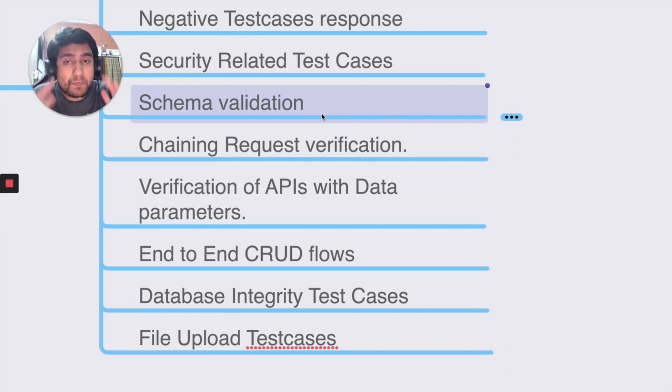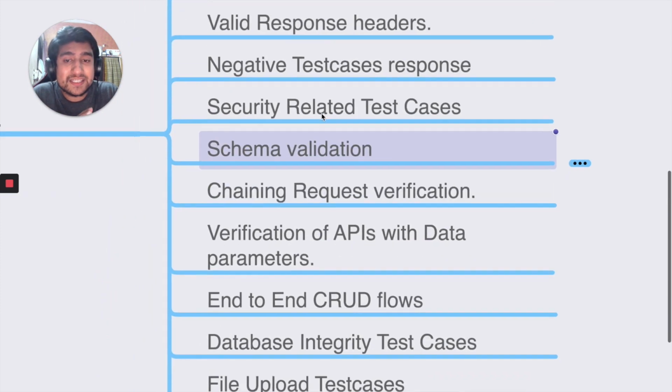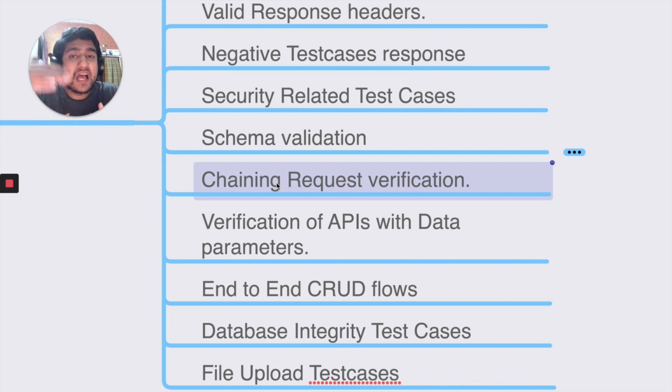I'm just giving you the holistic view of how to write test cases for any kind of REST API. Request chaining, for example: after the creation of a student, we get the roll number and want to use it to update the record. So basically it is chaining a flow. If the response is invalid, we want to create it again. For a particular flow with if-else, or chaining a request, you can do that.